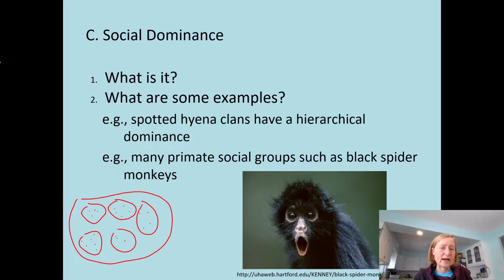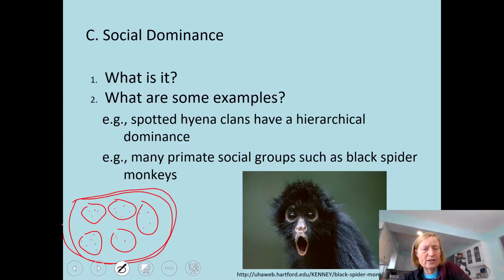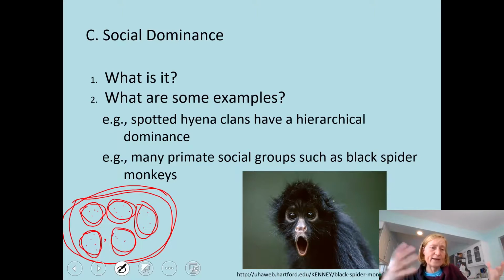Black spider monkeys have kind of an interesting type of social group that forms. We call it a fission-fusion social group. Fission-fusion. So we've got this big group of individuals, but within a larger group of individuals, there are smaller groups that form, made up of 5 or 6 individuals or even more, okay? And these smaller groups interact with each other. They interact within the group, and they interact between groups, and the whole group acts as a single population as well. So it's kind of a complex community, if you will,